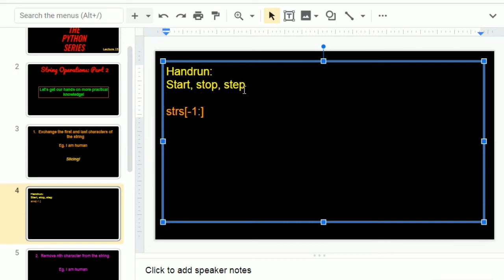Let me just type the string here. "I am human". That was our string, right? So here what is happening is str of -1. So it is basically accessing only the letter n here. N can be accessed with -1, slicing it to stop at n itself. So this will basically give me, let me just type the output.